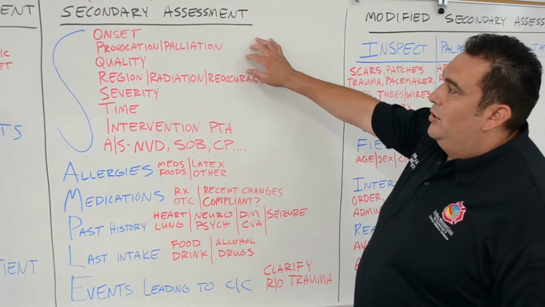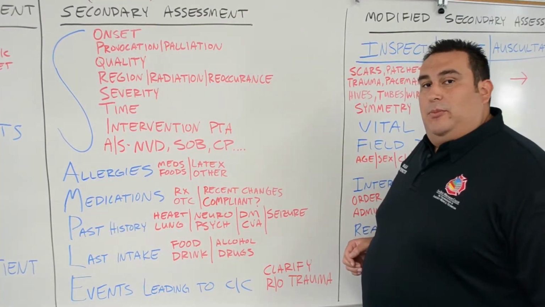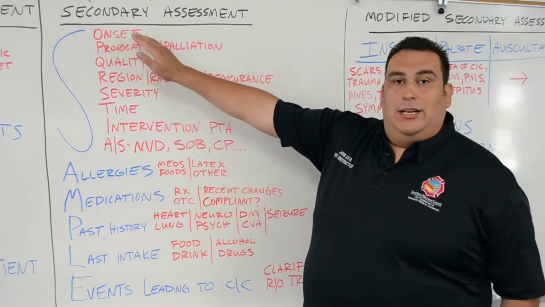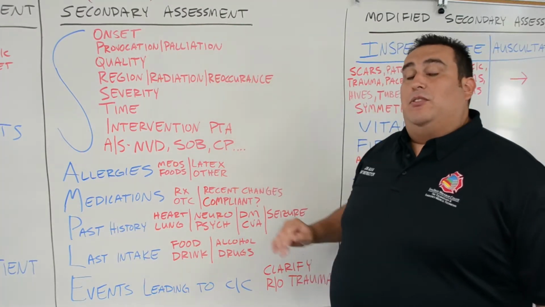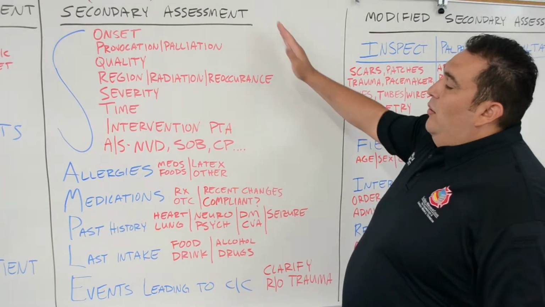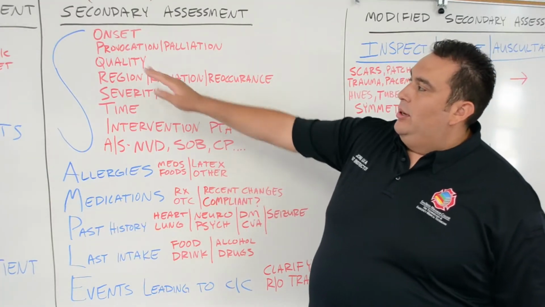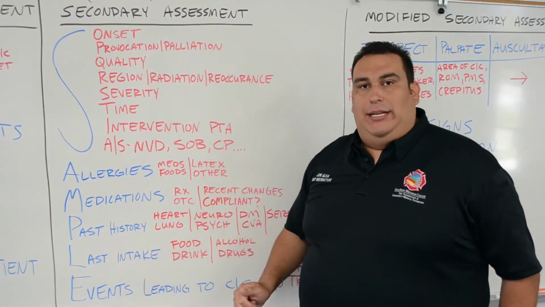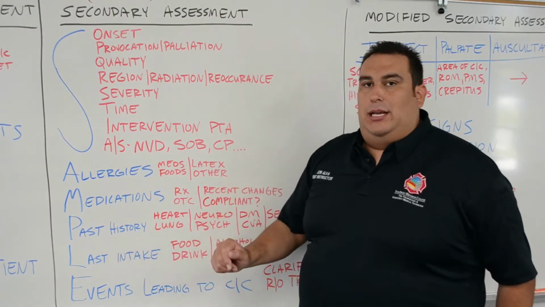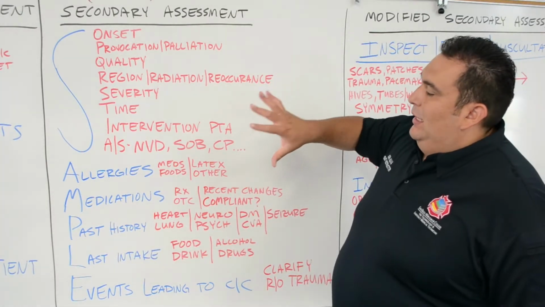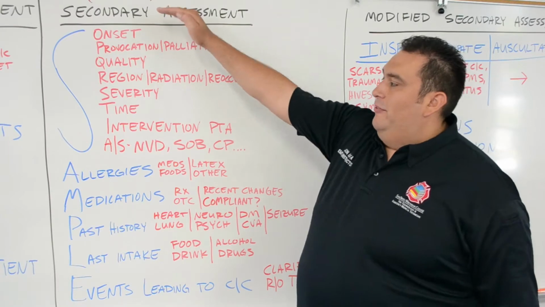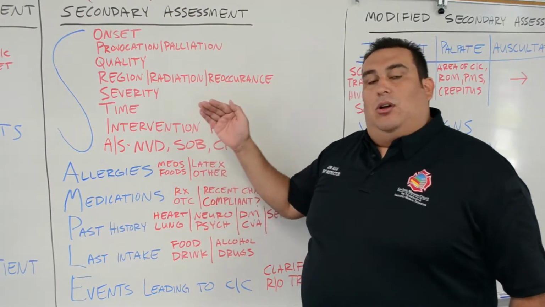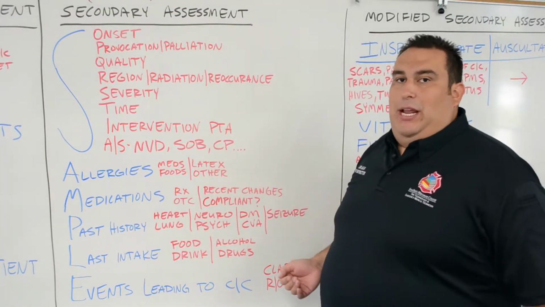We're going to be moving on to the third part of our medical assessment. We're going to be performing our secondary assessment based on the chief complaint that we were provided. Now, in regards to this portion, we're going to obtain a SAMPLE history. We'll break this down right now. Understand that this portion of the assessment is more of a verbal assessment. This is all verbal assessment. You're going to have to ask your patient.